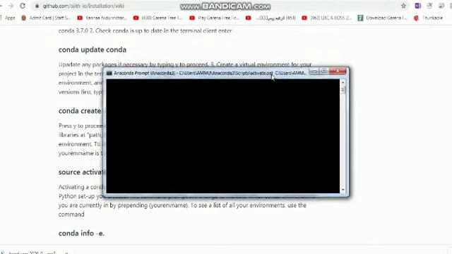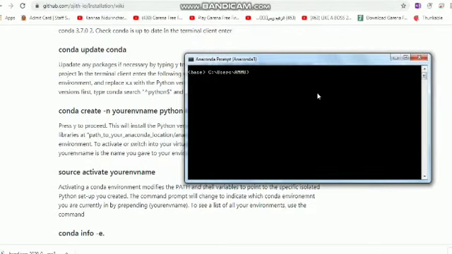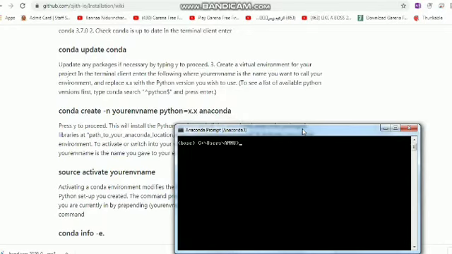Then let's create a new environment with conda create, and let our environment name be pytts. Let's choose Python equals 3.7. I am using Python 3.7.